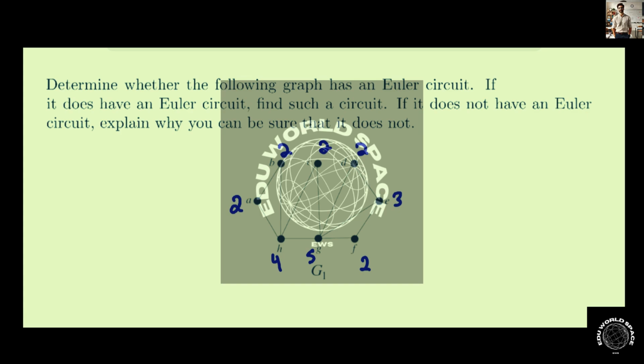Let's just say I begin at E. An Euler circuit would be crossing every edge and vertex only once. We cannot go over anything twice. So let's say I go from E to D. So I'm just going to start listing them in order. If I go from E to D and then I go down to G, and then let's say I go